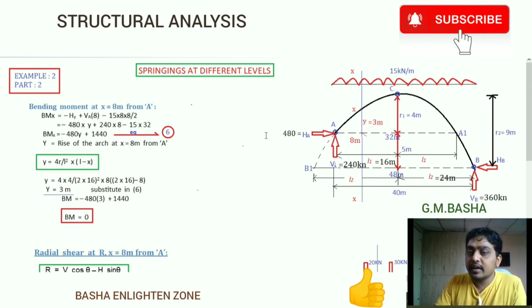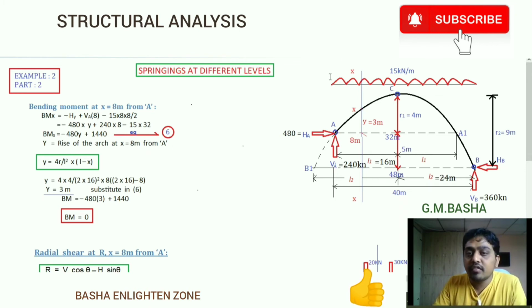Why? Because entirely it will be acting in the same line. That is the reason there will be only one horizontal reaction. You take down that H value will be equal to 480. At the same time, 480 into its distance. So see here, horizontal force into its distance, 480 into 3, which is acting anti-clockwise, that is the reason we are taking anti-clockwise here.